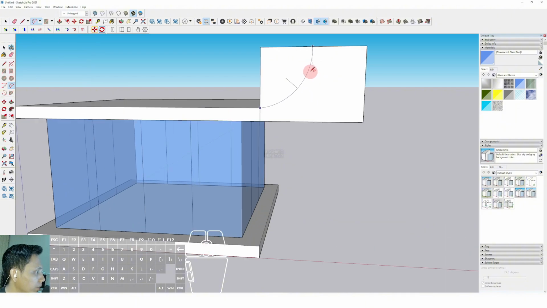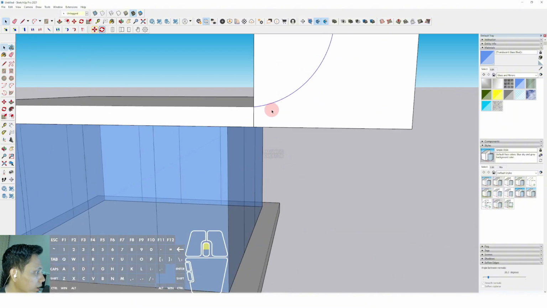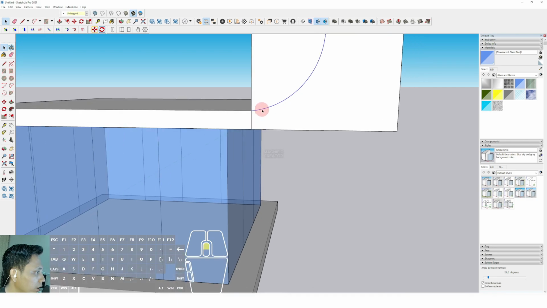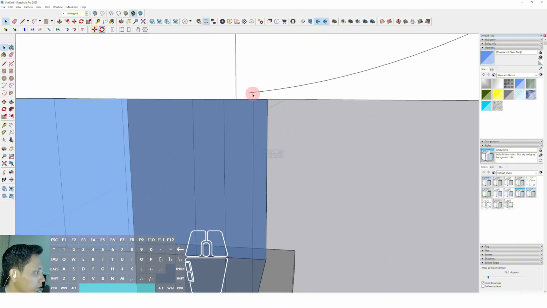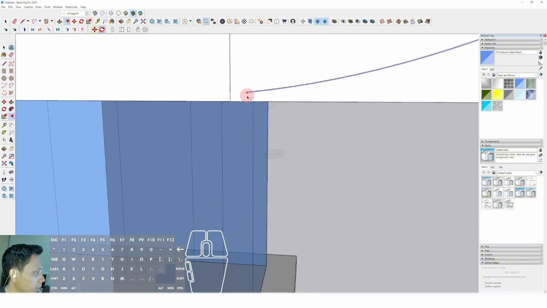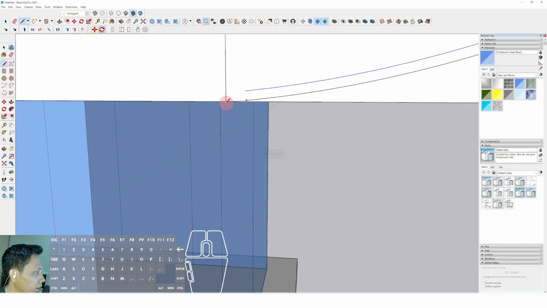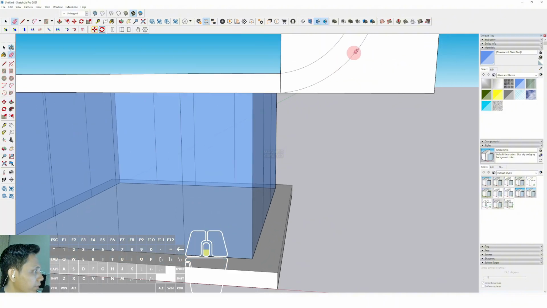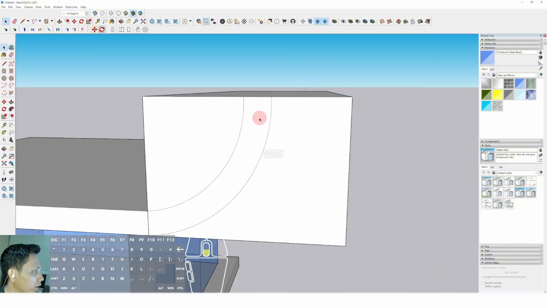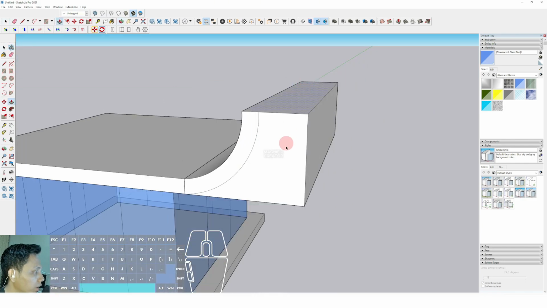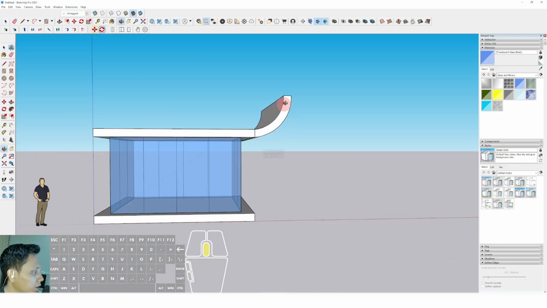Okay, we can make this one and then click this line, this arc, and then select offset. Okay, and then we can offset like this, and we can continue to adjust this arc. Okay, like this. Okay, then we can click this line. Okay, then we can push it to the back and push it to the back like this,